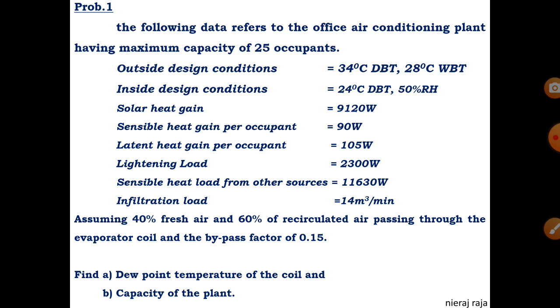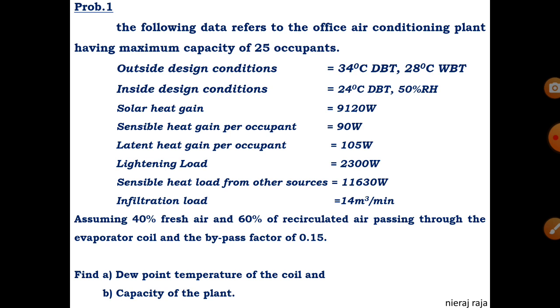Assuming 40% fresh air and 60% recirculated air passing through the evaporator coil, which is now a cooling coil, and the bypass factor is 0.15. Now this line is important. Assuming 40% fresh air and 60% recirculated air are passing through the evaporator coil or cooling coil,